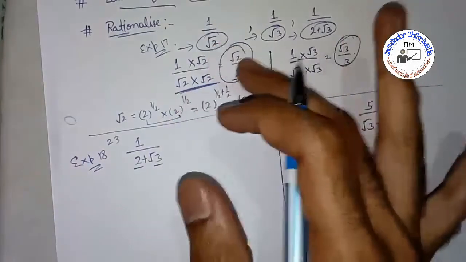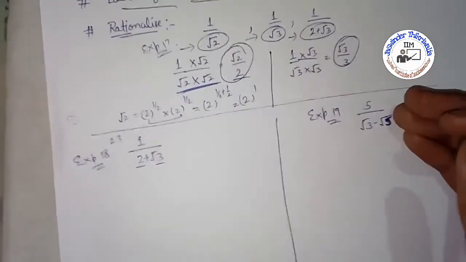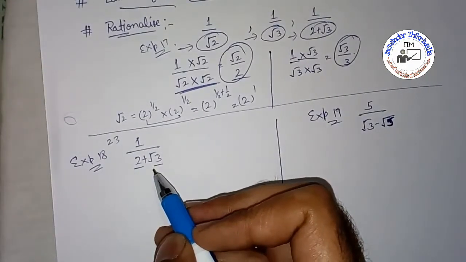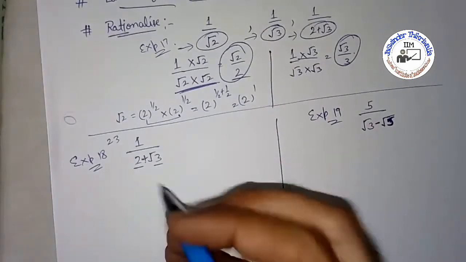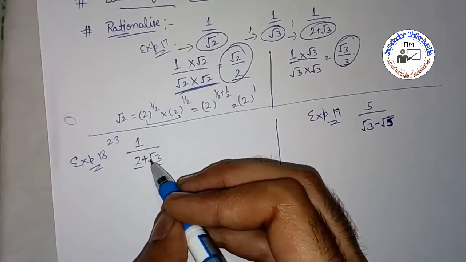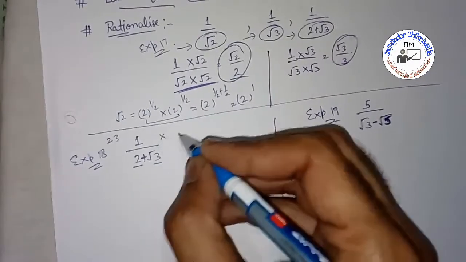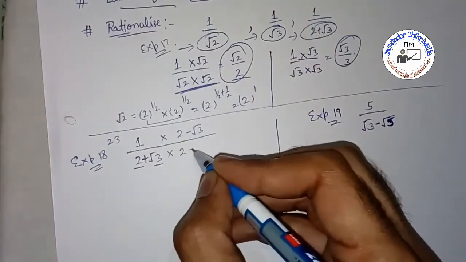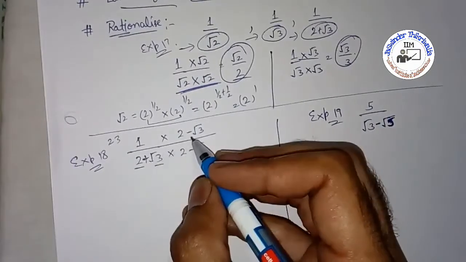Because earlier there was only one term, so we just multiplied the numerator and denominator with the same term. Now here you check that these two numbers are joined with an operator. This is plus, in the other there is minus. So what will we do? If in a denominator there is plus, we will change it into minus and multiply with that number. How? We multiply the numerator with 2 minus under root 3 and the denominator also with 2 minus under root 3. There is a slight change, that this positive we change into negative.